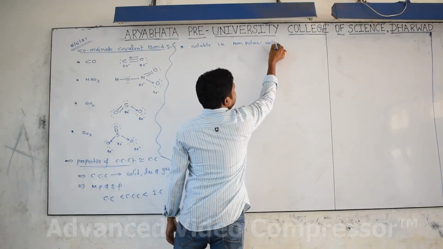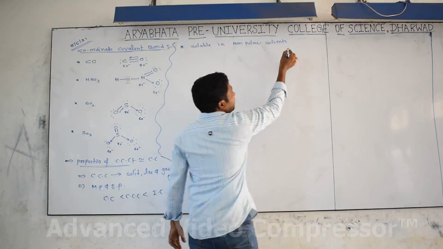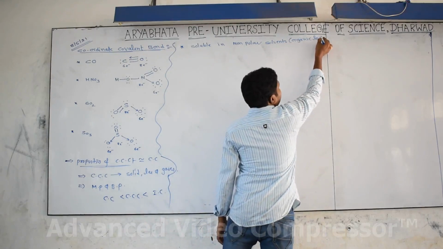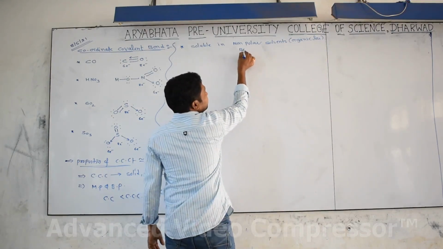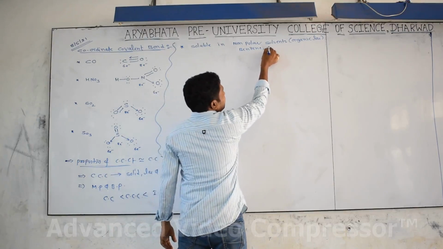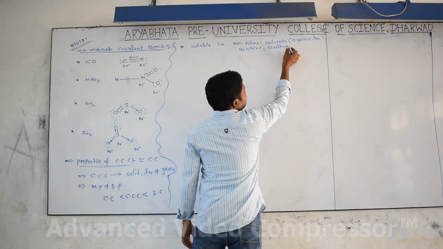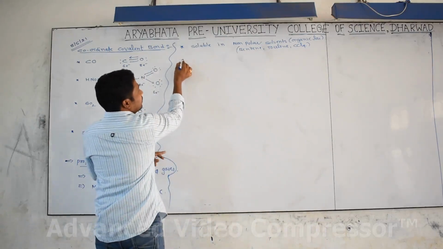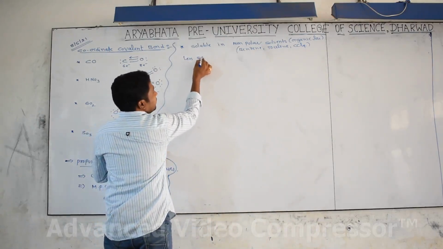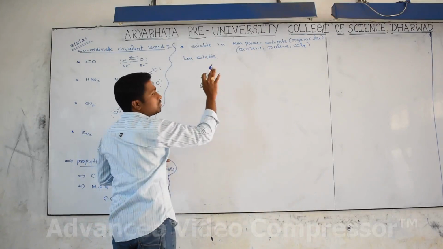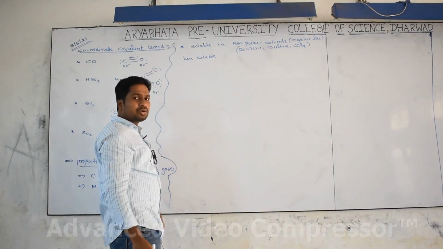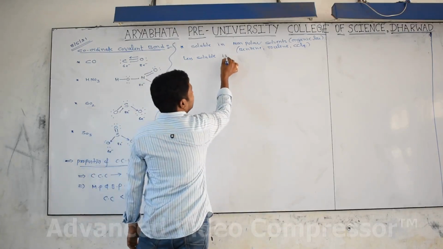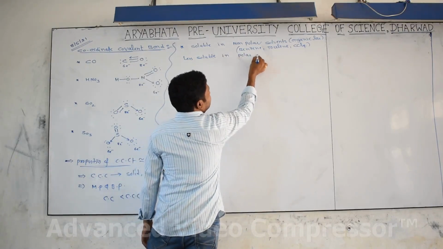Non-polar solvents, you know already very well, generally mean organic liquids. Organic liquids are nothing but benzene, toluene, and also CCl4, carbon tetrachloride, like that. But these are less soluble in polar solvents. Why are these soluble in non-polar solvents? Similar to covalent compounds: covalent compounds are soluble in non-polar solvents, and ionic compounds are soluble in polar solvents.